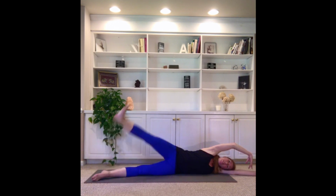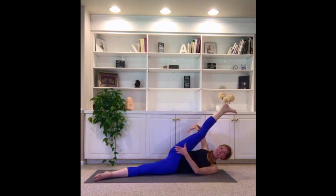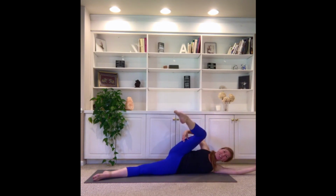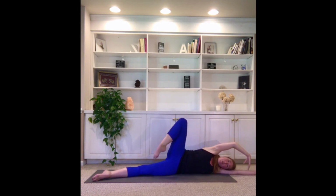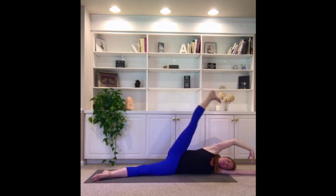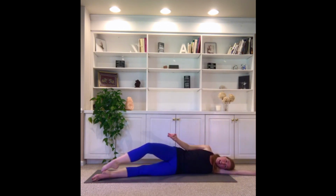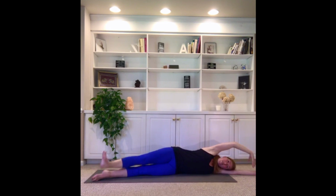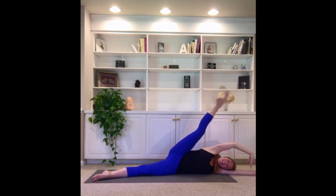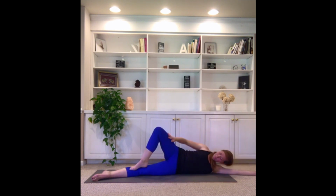Now we're going to reverse it. We flex up. Think about the two parts of your hamstring, either end, coming closer together to make that high, beautiful passe. Now we're going to keep the turnout as you come down. Don't lose the turnout. We flex the foot up, point, and spiral that leg as you lower. One more, flexing up, pointing, and we're going to lower the leg down about halfway